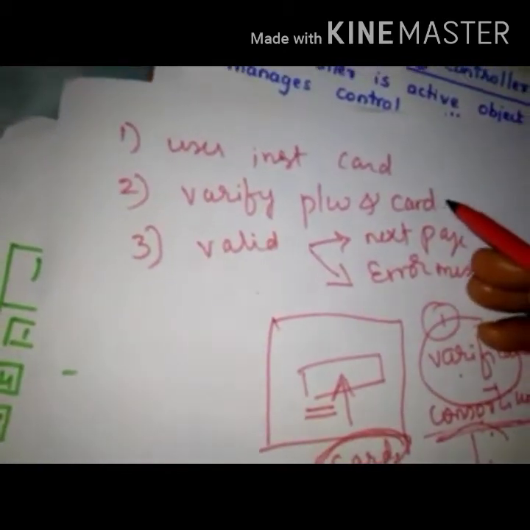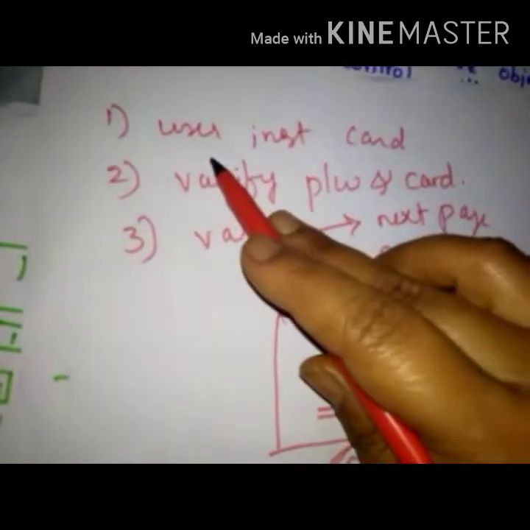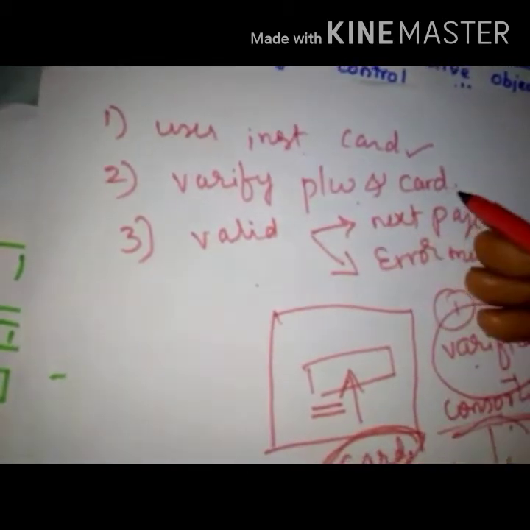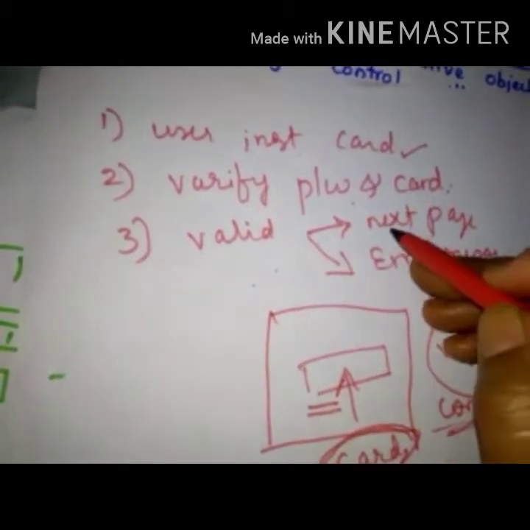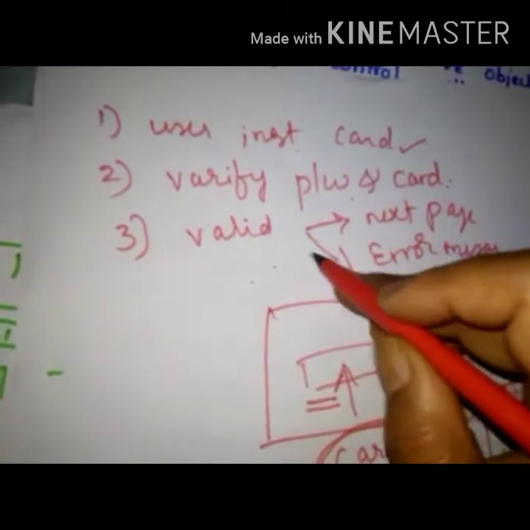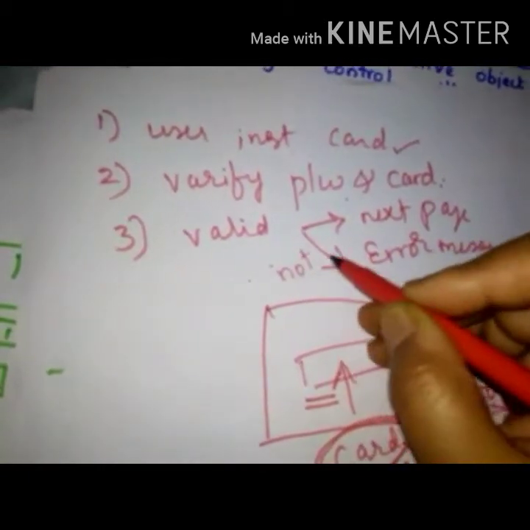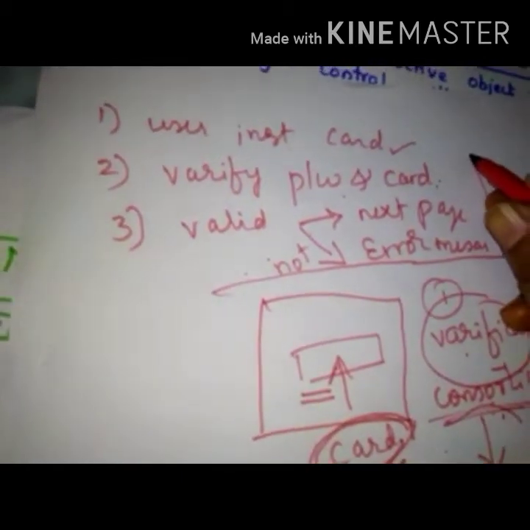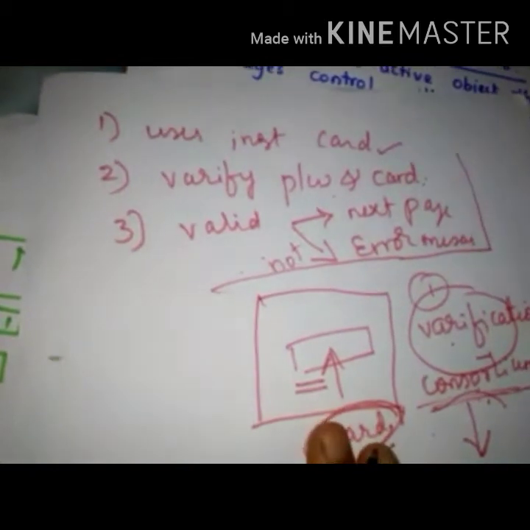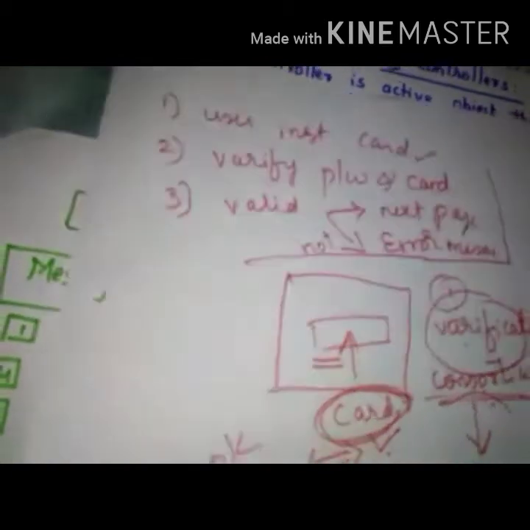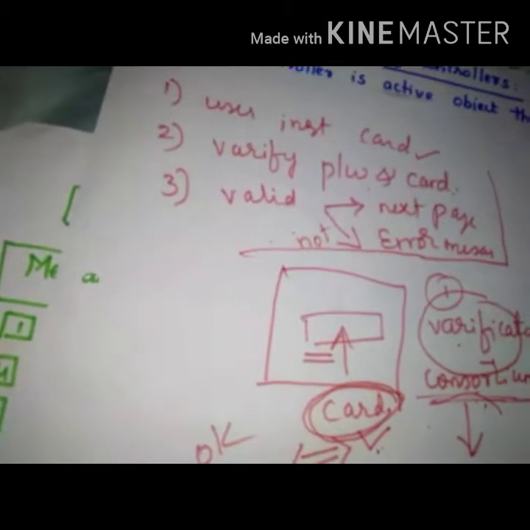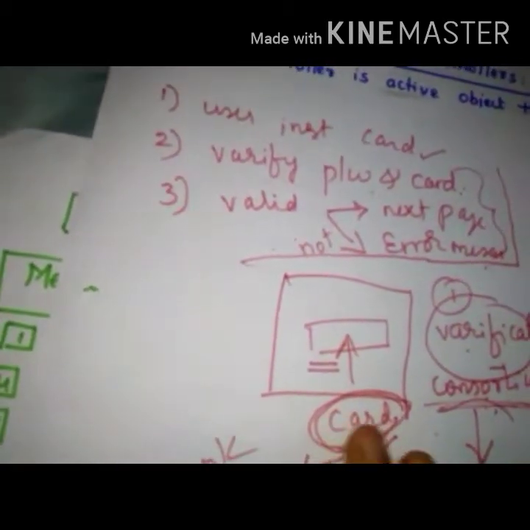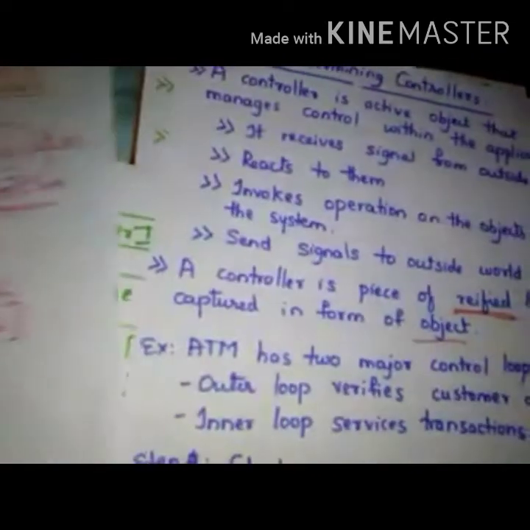So in my interaction model, I have said when the user inserts the card, it has to cross verify the password and the card details, and should display the next page if it is valid. Otherwise, if it is not valid, it should display the error message. Now these all will become the operations with respect to the class which is interacting here, right? So in the application class, I have to check, have I implemented all these interactions in my application, so that I can avoid the inconsistencies.